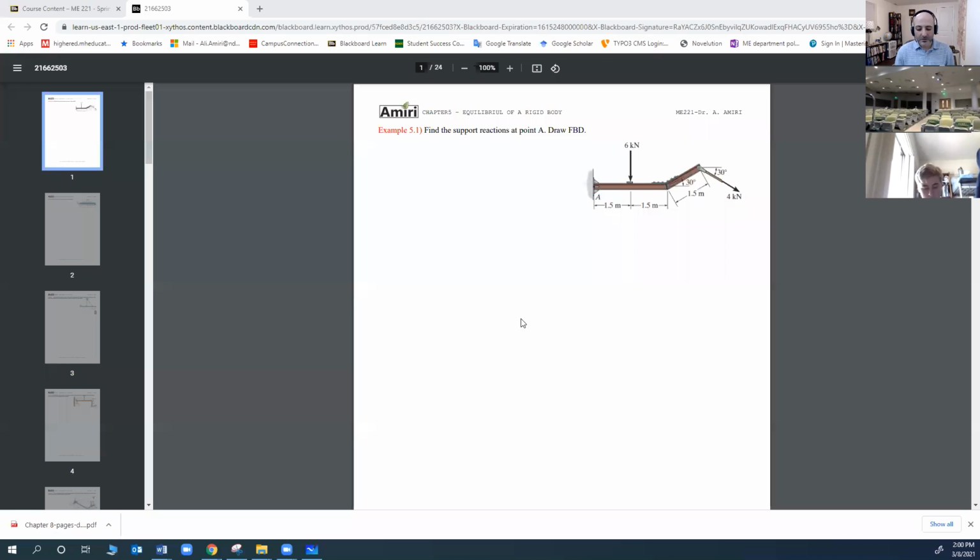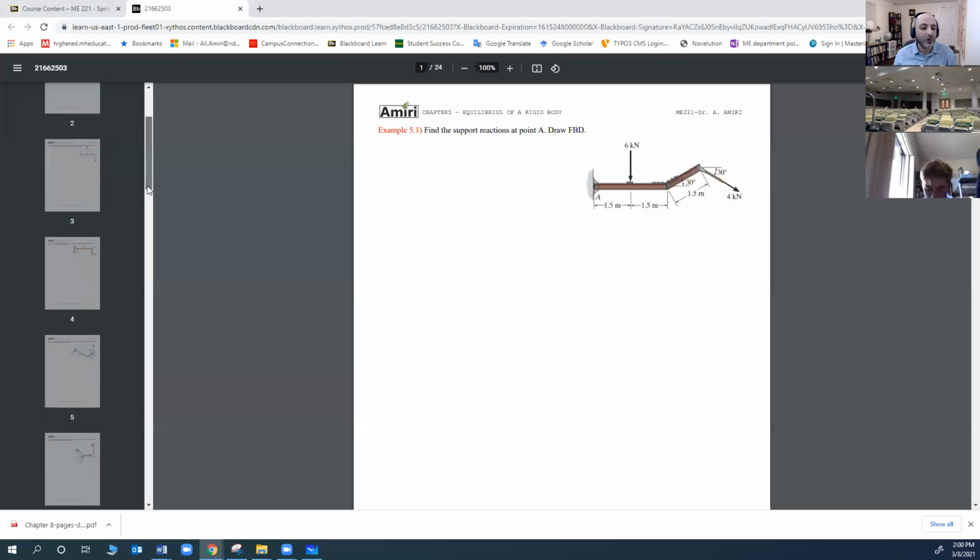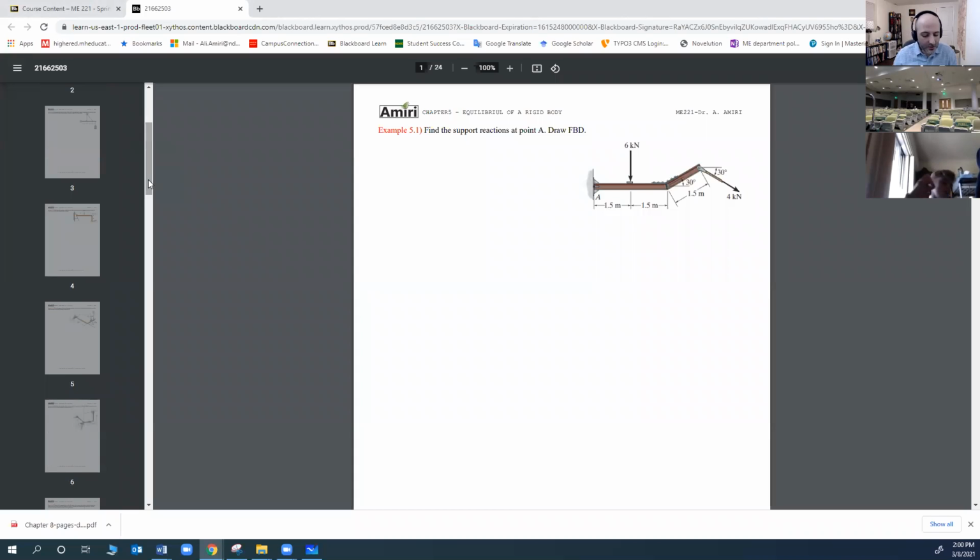All right, so we continue free body diagram of rigid bodies. But the problems I've chosen today are kind of a review of the last section of chapter 4, equivalent system and distributed load as well. So it's two birds with one stone. So we're gonna do that. So let's start with